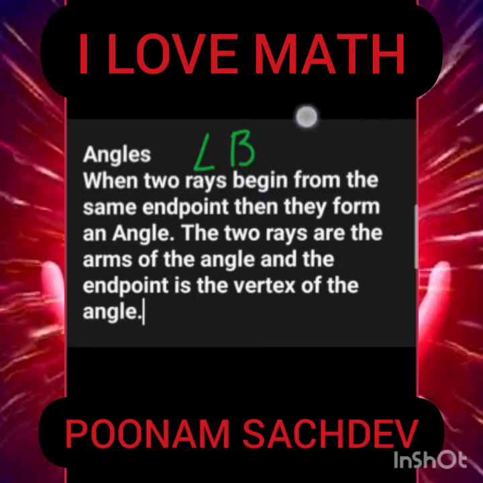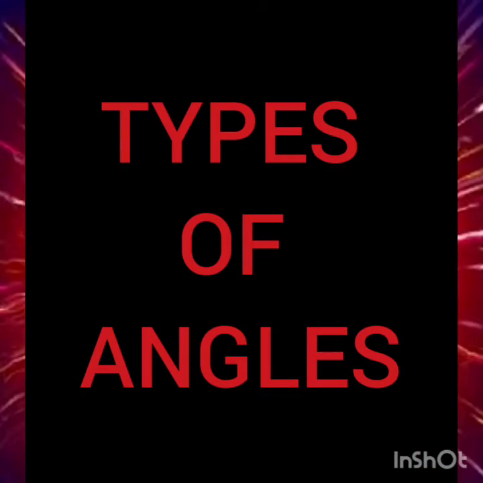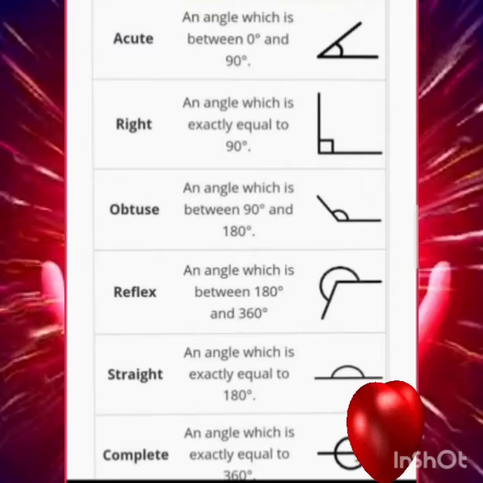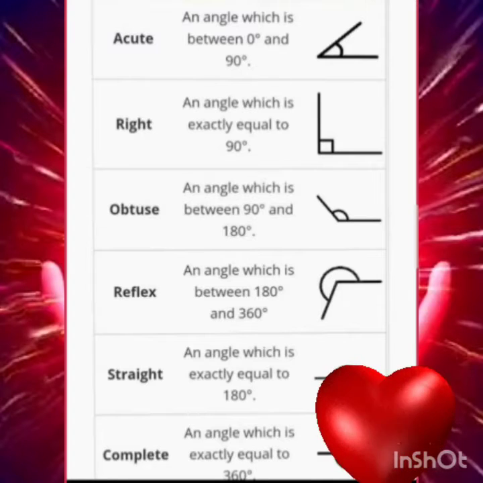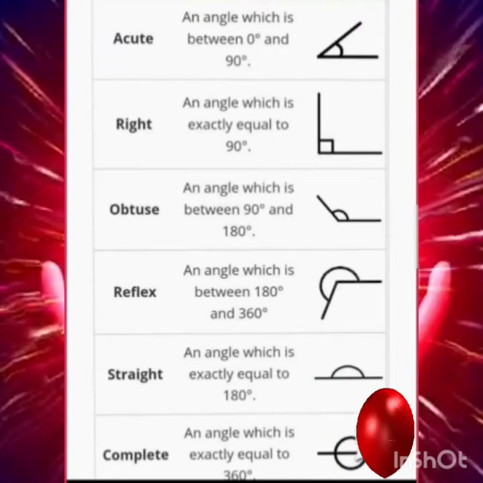For the same angle, if you write angle ABC, that is also the same way. Got it? So all the way, this is the definition of angle. So my dear students, here are different types of angles. Let's recall which we have studied in our previous classes. So first one among them is acute angle.